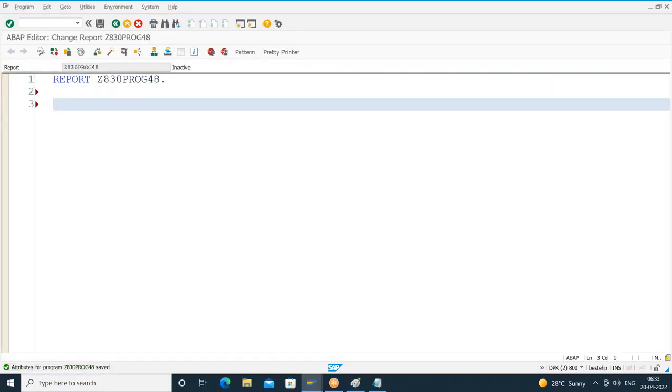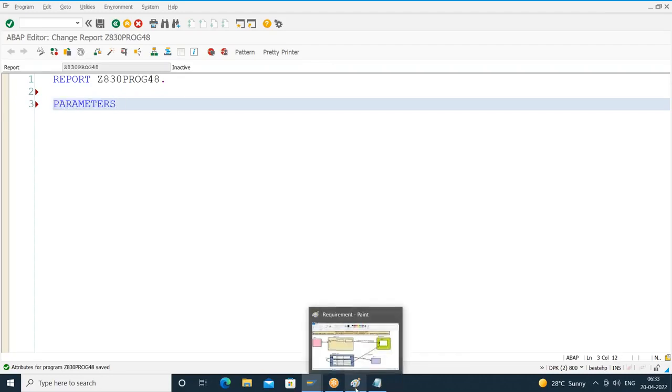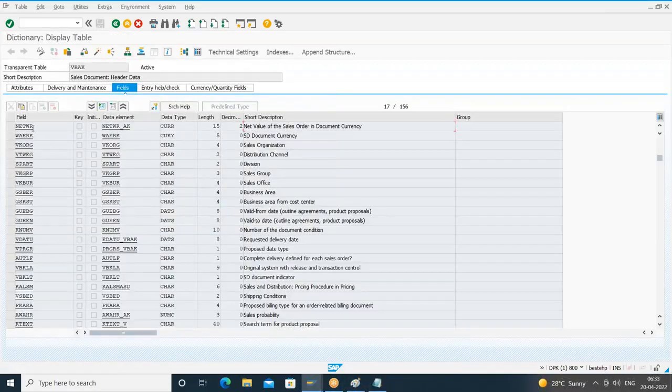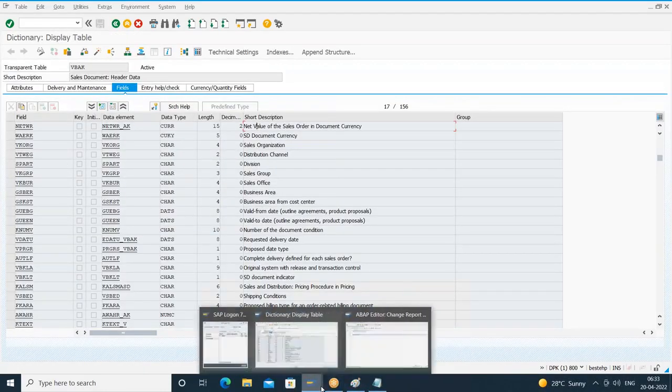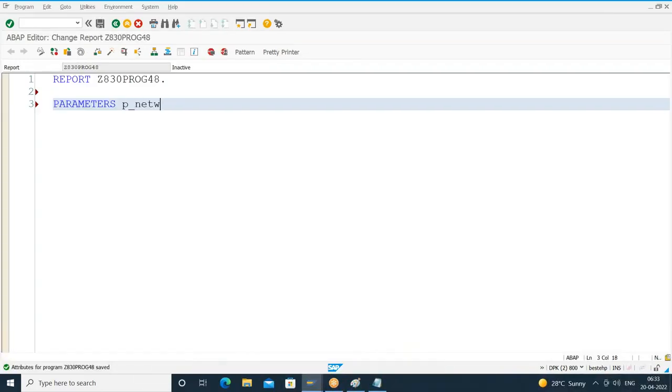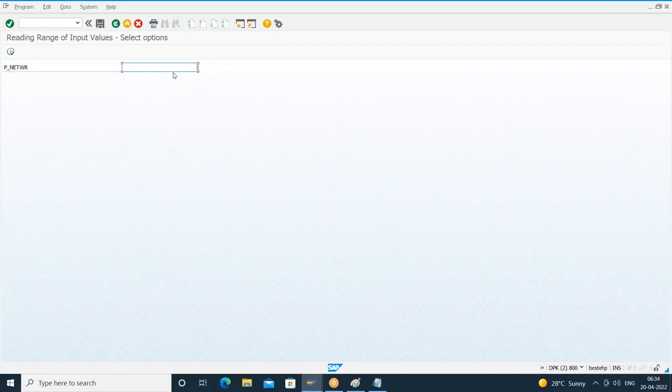So if I use parameters, what is it that I want to read? Net value. I want to refer to the field NETWR. So I'll say parameters p_netwr type vbak-netwr. Already we know how to refer to the database fields. I can refer to table name hyphen field name, or I can refer to the data element. So when I execute this parameter statement, it will generate a selection screen where I can input